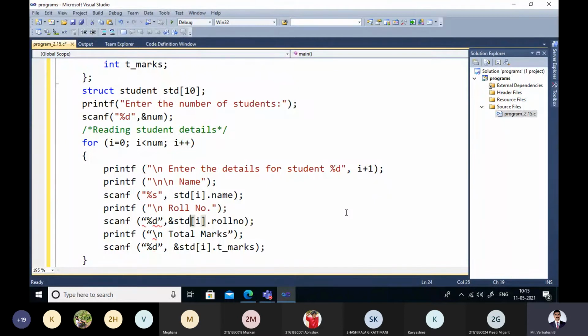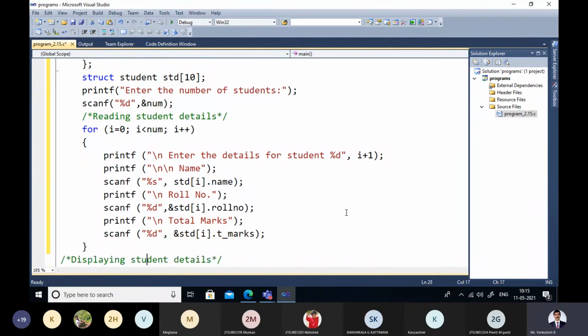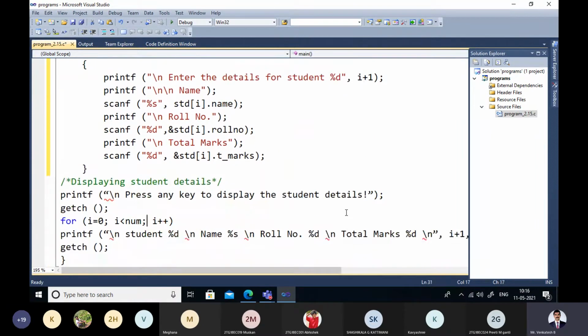Next, we are asking total marks, that will be stored in the total marks member of the first structure variable. And now we are displaying the student details, whatever details we have received from the user or from the programmer, the same details we are trying to display.